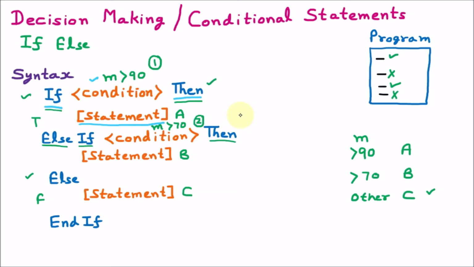So here we can see that we have applied two conditions. This was our first condition, marks greater than 90, then marks greater than 70, and afterward the else part is the other. So you can see that you can provide multiple else if you want. Otherwise you can simply provide the if condition. So we can take certain examples to make you understand how if is working.